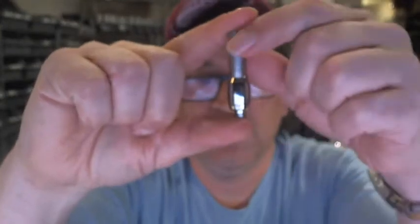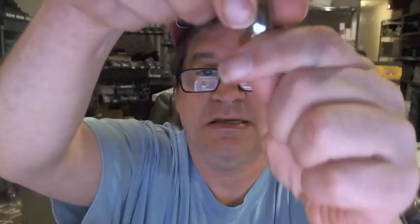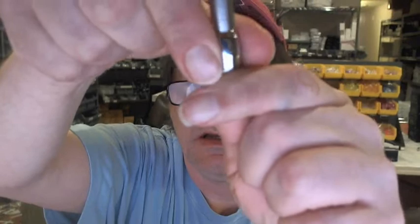And if you will notice, the unit itself has an adjustable airflow and an adjustable juice flow, which is supposed to be the big seller on this. You can use it in one of two ways. You can use it as a dedicated dripper. You don't have to use it as a tank-fed atomizer system at all. You may enjoy just using it as, the reports are coming back that it's a great dripping atomizer. Or you can use it as a tank-fed system. And you do that,